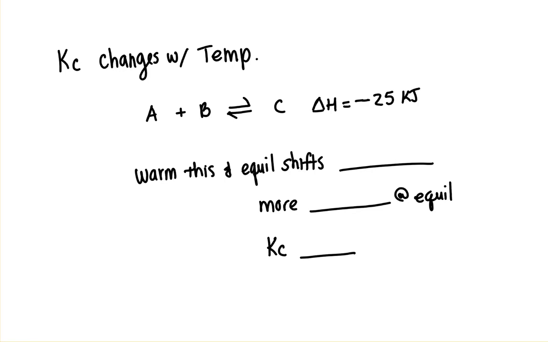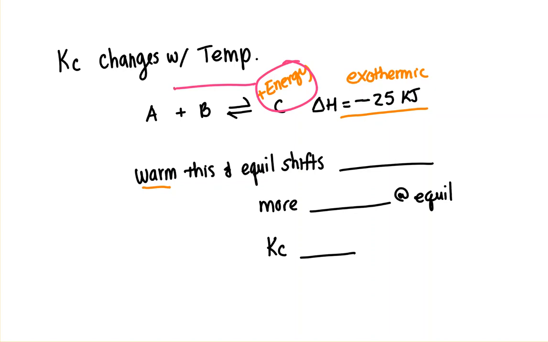So how we analyze this is we look at our change in enthalpy here and decide if the energy is a reactant or a product. In other words, this reaction has a negative enthalpy change, so this is exothermic. If it's exothermic, you can think of energy as being a product. And if energy is a product, well, we can make predictions. If I warm this, it's just like any other product. If I add a product, it's going to react to get rid of that product. So if I warm it, it will shift this way in order to get more reactants